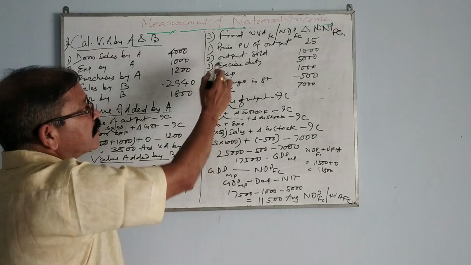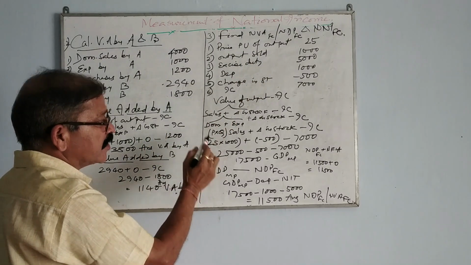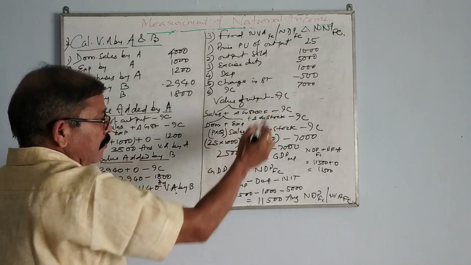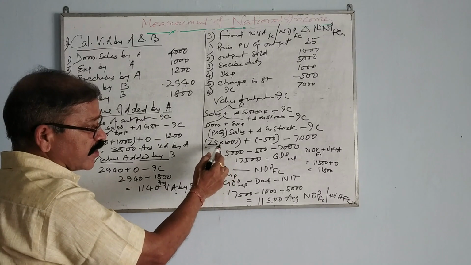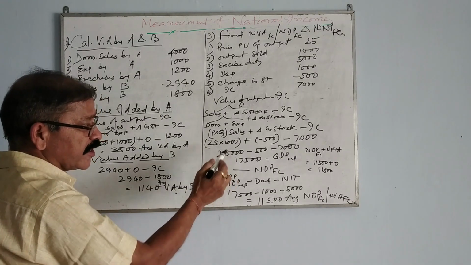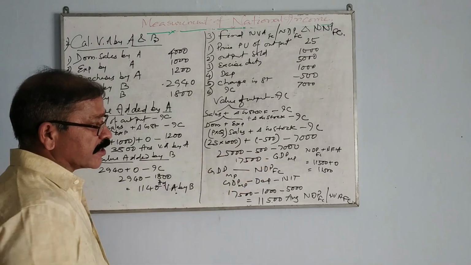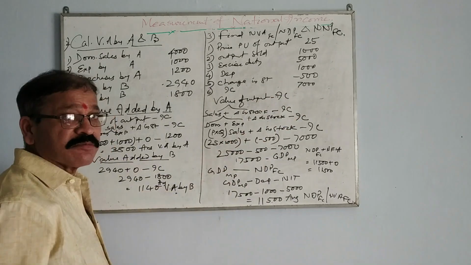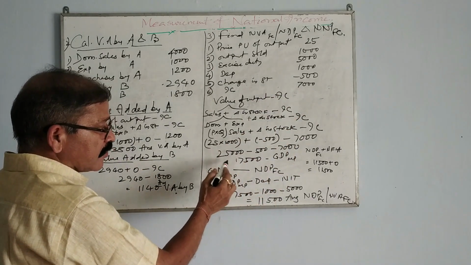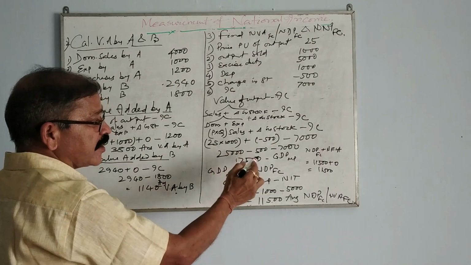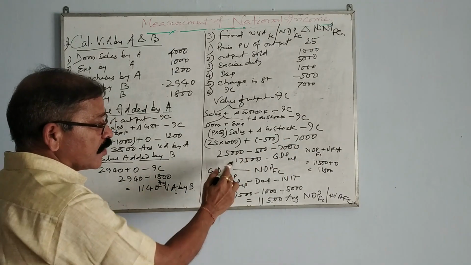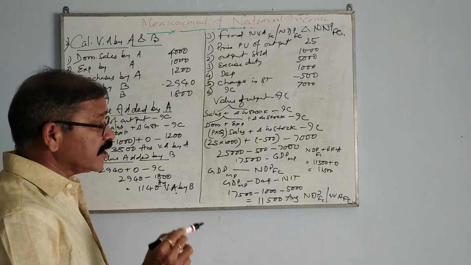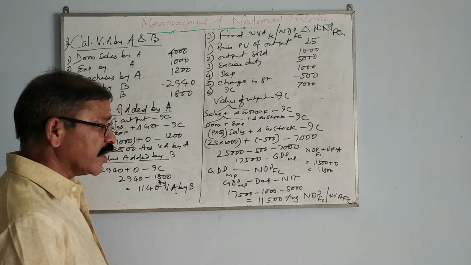So here sales are not given, so price of particular unit is given, that is 25. How much quantity sold? That is 1000. And what is change in stock? Minus 500. So if you multiply 25 into 1000, it is 25,000, and plus minus 500, that 500 is change in stock. And what is intermediate consumption here? Clearly given, intermediate consumption is 7000. So if you calculate 25,000 plus minus 500 minus 7000, you are getting 17,500 as GDP-MP. That is also known as value added.